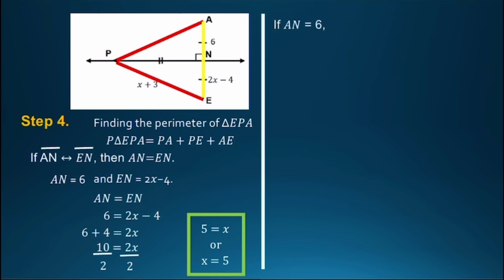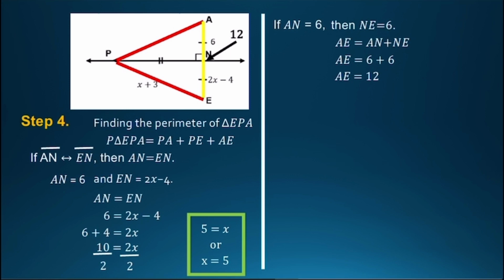Next, if AN is equal to 6, then NE is equal to 6. By addition segment postulate, AE is equal to AN plus NE. Therefore, AE is equal to 6 plus 6. And the value of AE is equal to 12. Next,